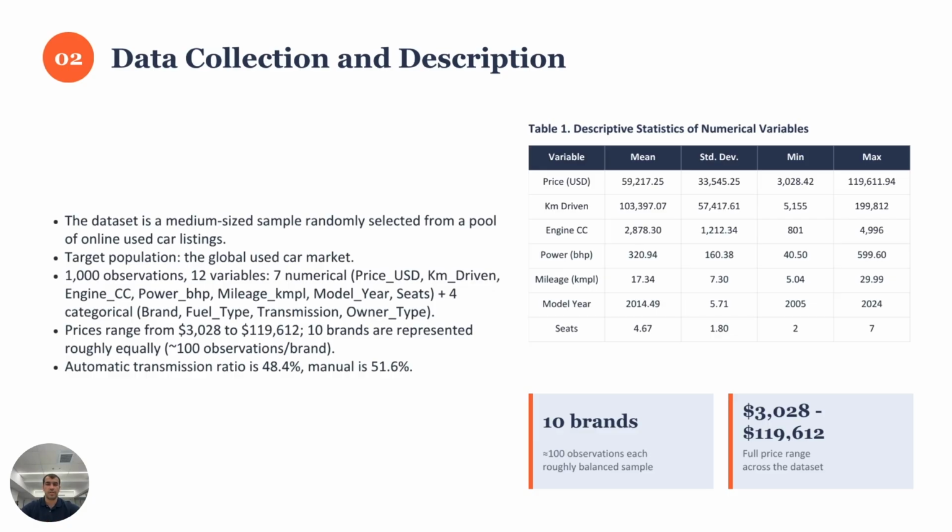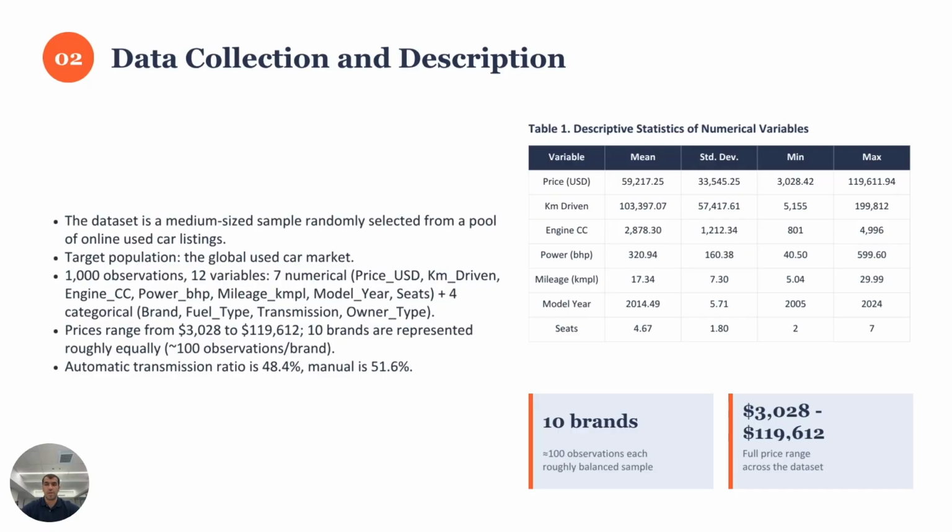This dataset is a random sample of 1000 used car listings. The target population is the global used car market. It has 12 variables, 7 numerical and 4 categorical. As you see in table 1, the average price is about $59,217 with a standard deviation of